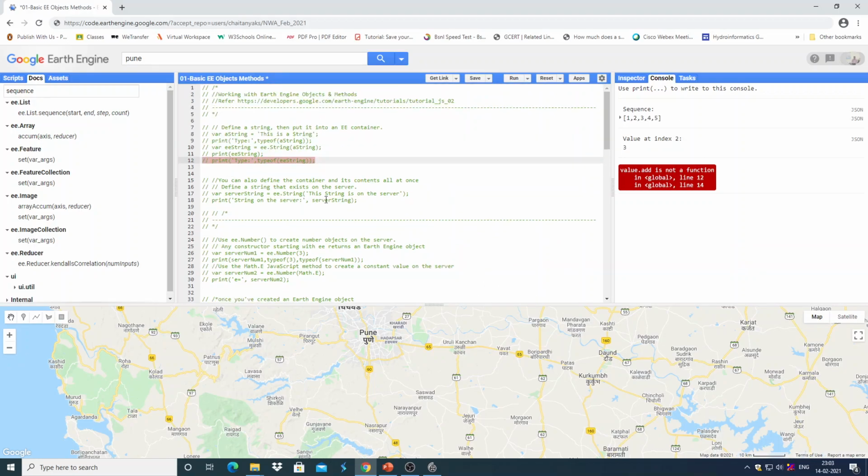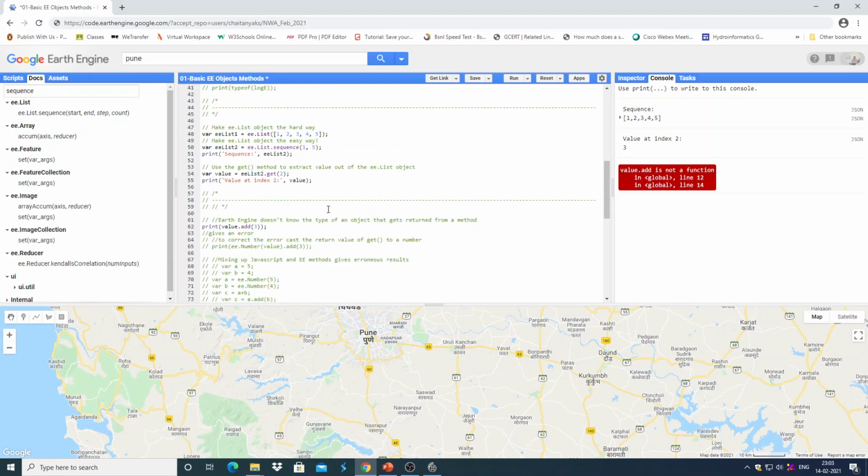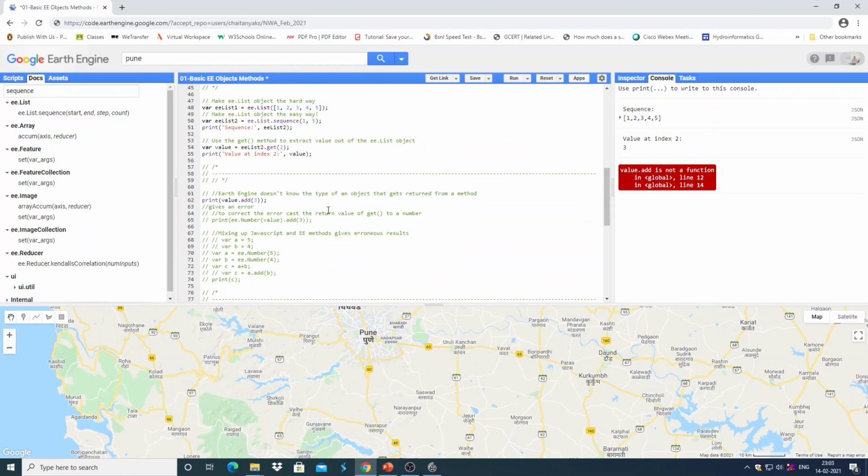It says value.add is not a function. It is giving an error because it doesn't know what the type of value is.